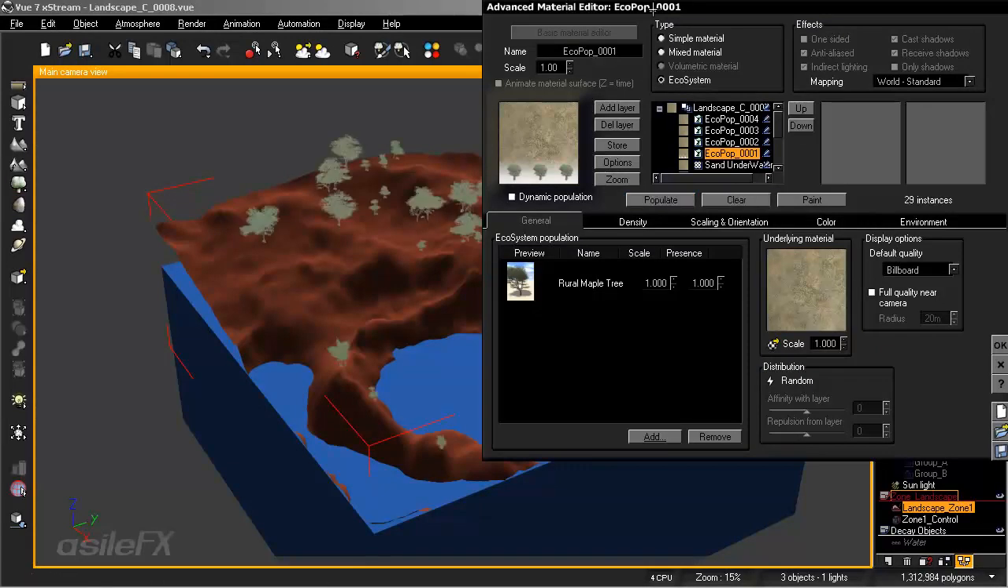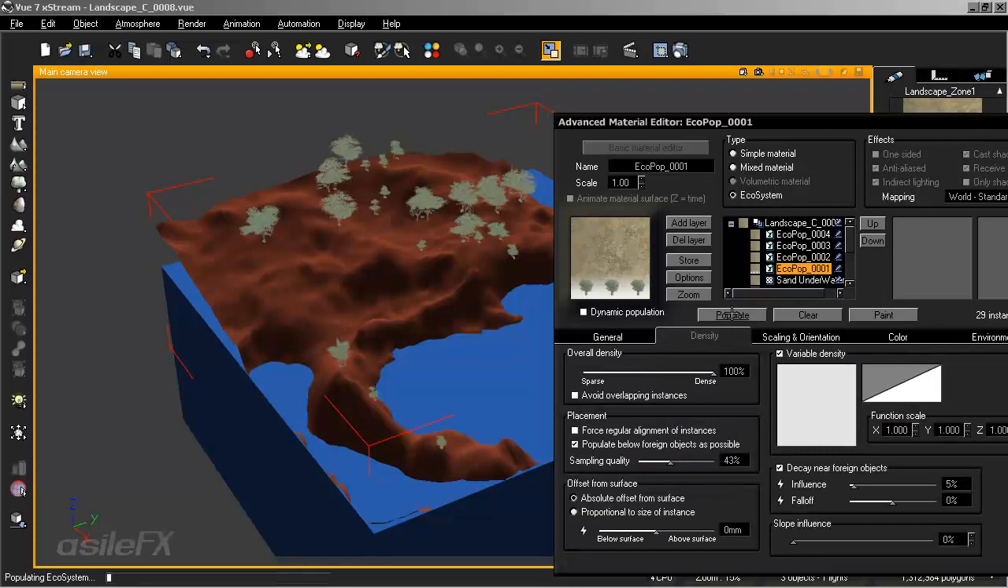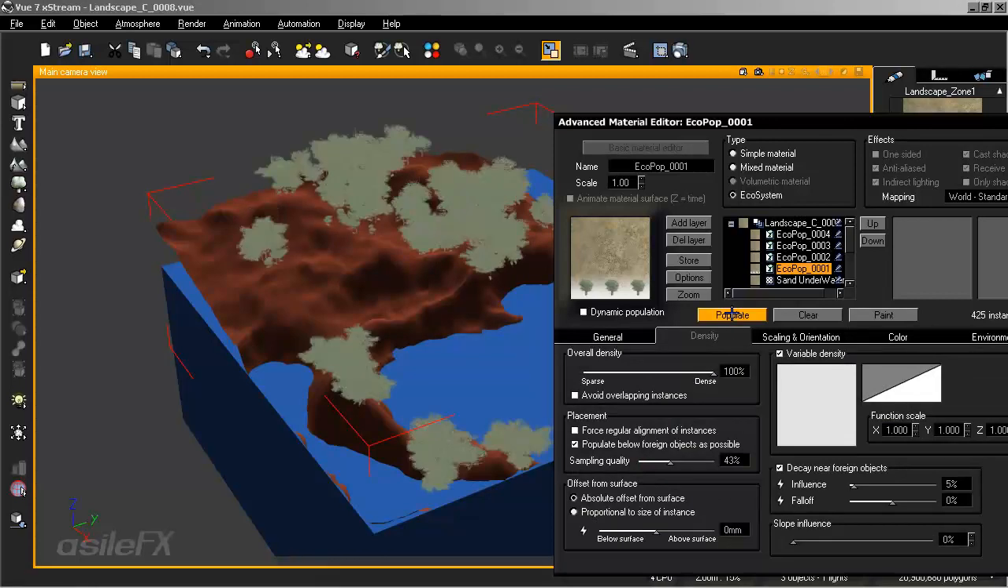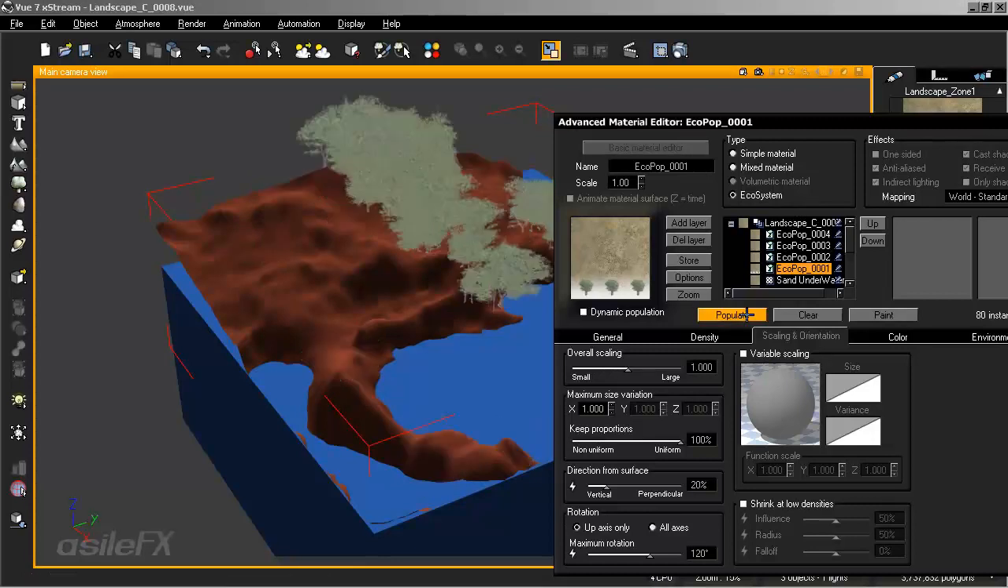And now I can click populate, and we can start to see those trees showing up on our terrain. We can increase the density amount to really see just that layer we had set up. We're also using a half scale amount. Our overall scaling is set to 0.5, which is half of real world scale. If we set this up to 1, then we're going to get the actual scale of the objects and the